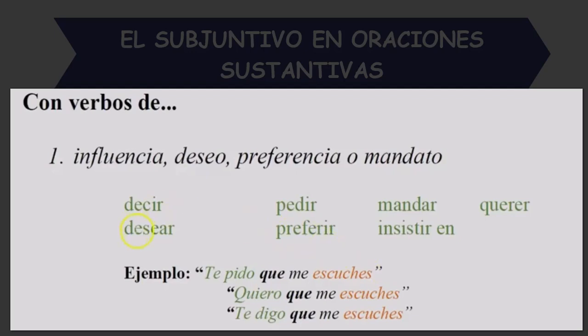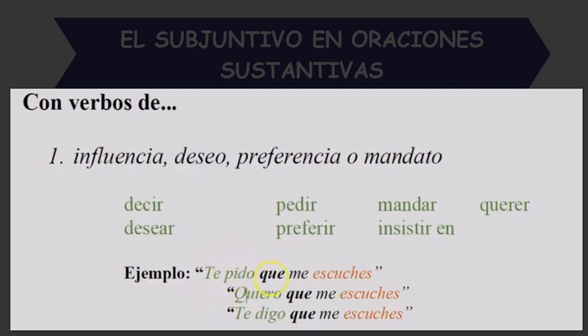So every time you see any of these verbs that have this connotation of to tell somebody to do something, to ask somebody to do something, to order somebody to do something, to wish that somebody would do something, we're trying to influence another person, we're going to have the subjunctive. But remember, the subjunctive is not used in the verb itself. Te pido is an indicative. Te pido, I ask you, is the verb that will trigger the subjunctive, but not in itself.